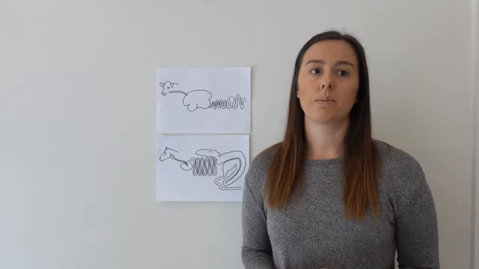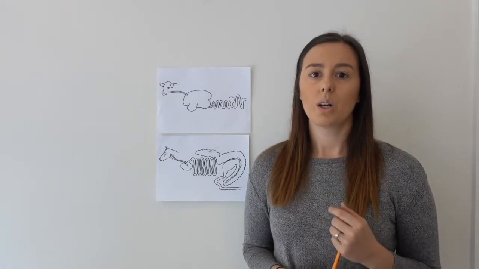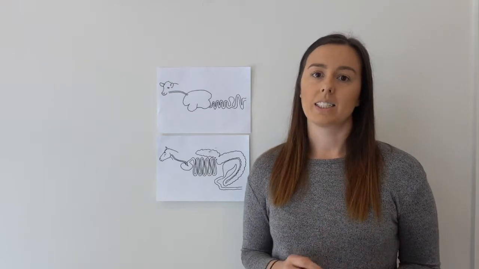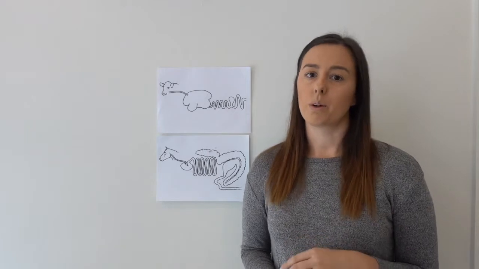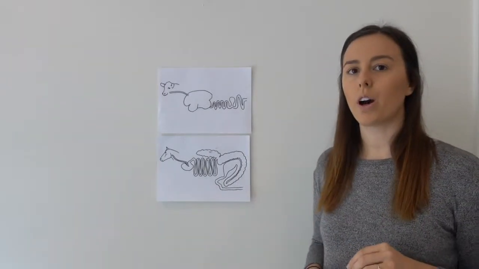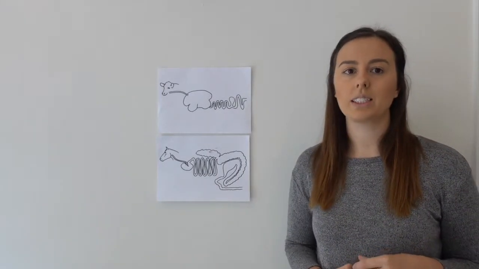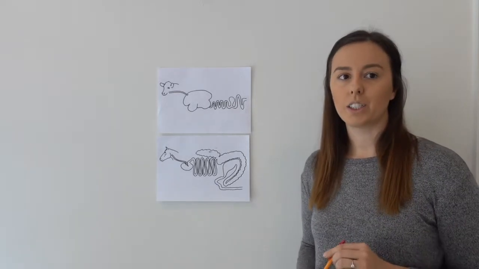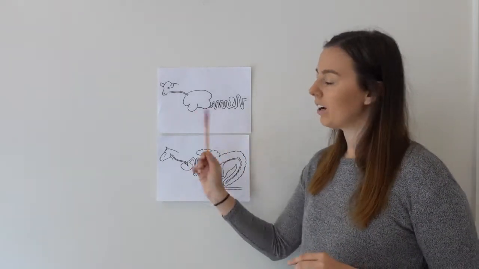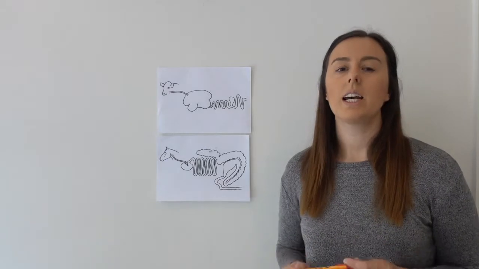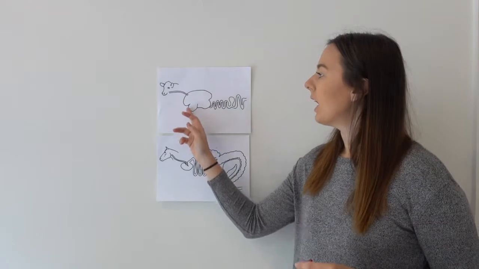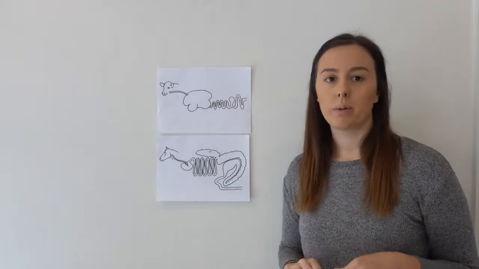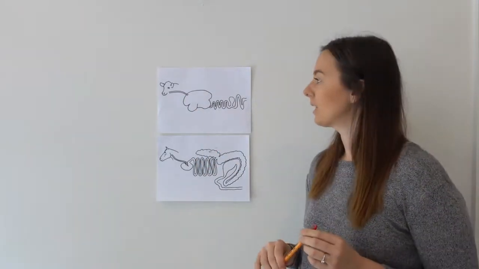Luckily for herbivores, many microbes have the required enzymes to break down these carbohydrates in a process called microbial fermentation. So in foregut fermenters, as the name suggests, microbial fermentation takes place at the beginning of the gastrointestinal tract. Cows, which are ruminants, have a compound stomach in which microbial fermentation takes place in sacs called the